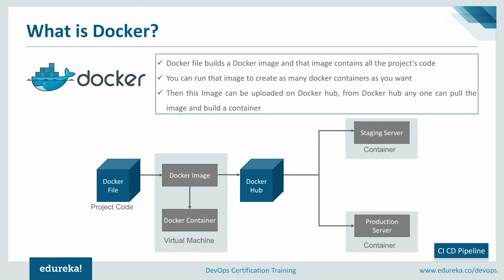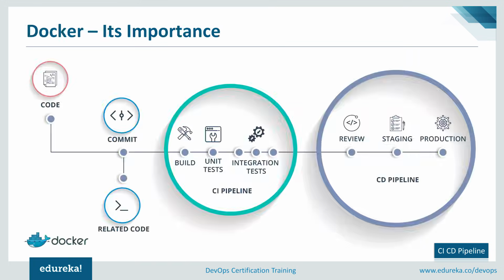So once the product or the software moves on to the staging server, to deploy it, we need tools like Docker. Now what is Docker? Docker is like a virtualization environment which we can create on the fly. It just takes a few seconds to create an entire server and deploy something on it. To deploy some software, we will need an environment which will replicate the production environment, and that's what Docker